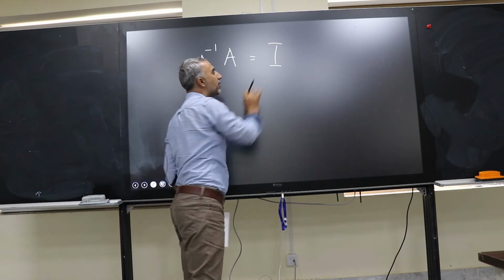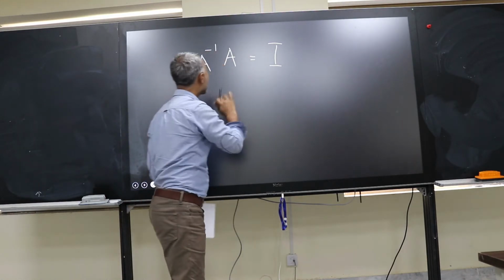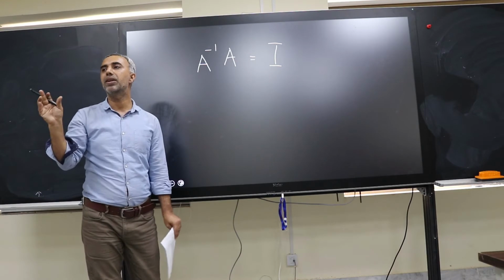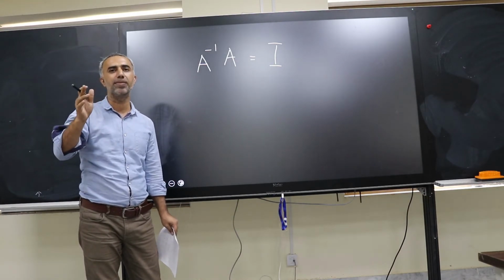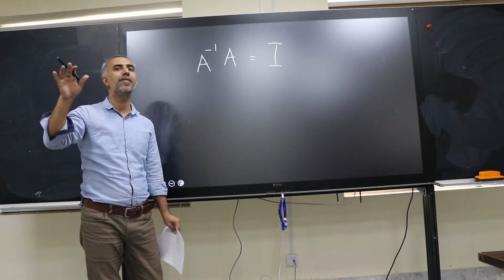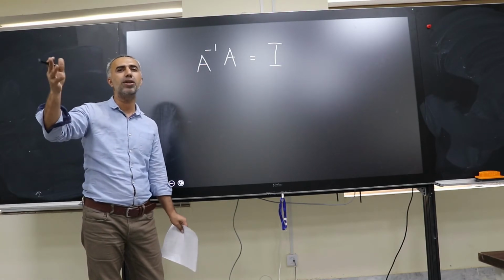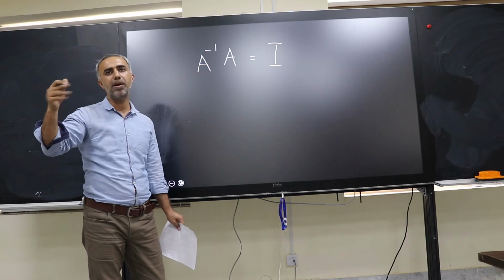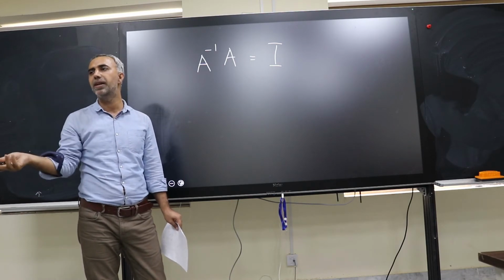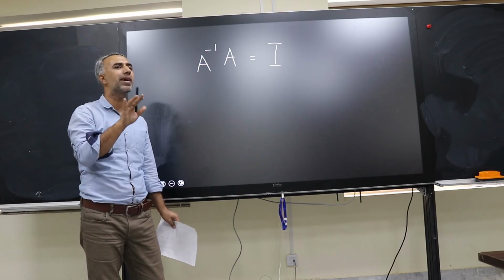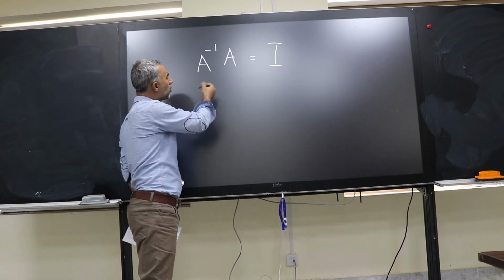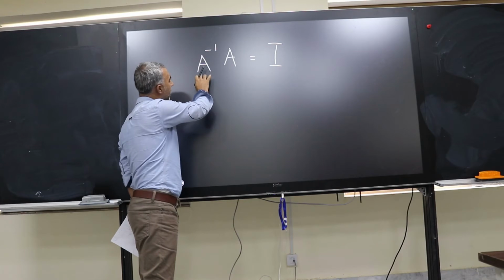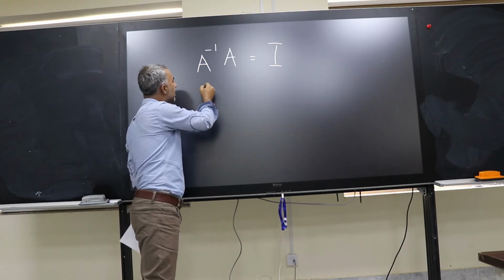Here I is representing what? The identity matrix. If you are talking about the identity matrix, we are talking about a 3 by 3 matrix, because it depends upon the linear systems. Sometimes a linear system can be of 100 equations, 100 rows, 100 columns, or the number of columns can be increased or decreased. Similarly, the number of rows can be increased. But here we are talking about our 3 by 3 system. Okay. So this A inverse A can be written like,